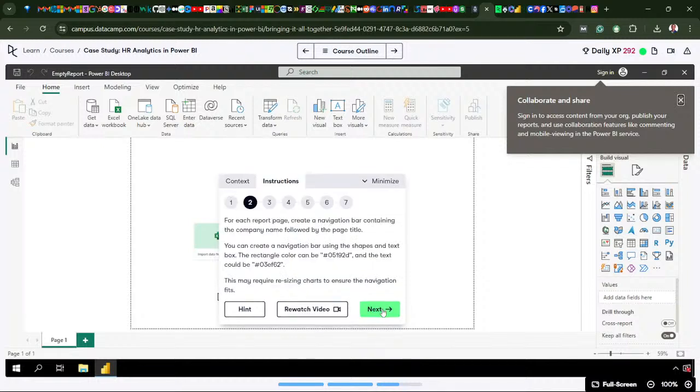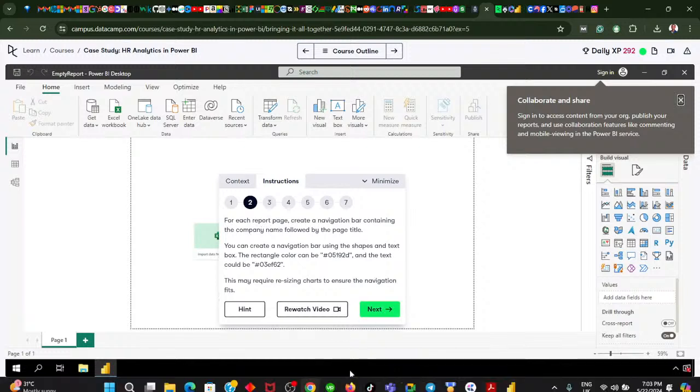So next is to, for each report page, create a navigation bar containing the company name followed by the page title. You can create a navigation bar using the shapes and text box. The rectangle color can be set, and the text would be added. This may require resizing charts to ensure navigation. So, okay, for each report page,